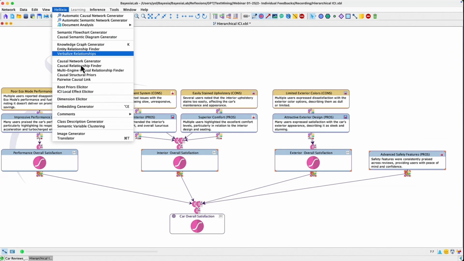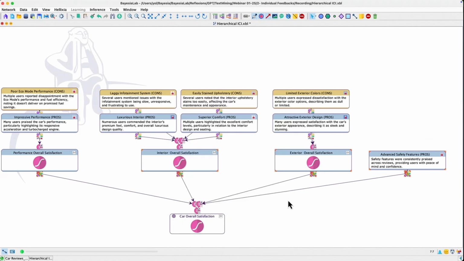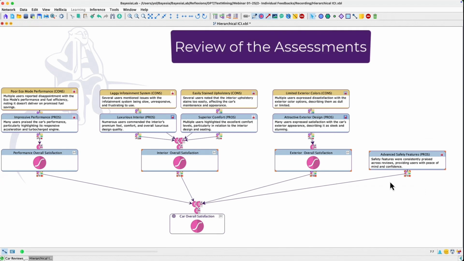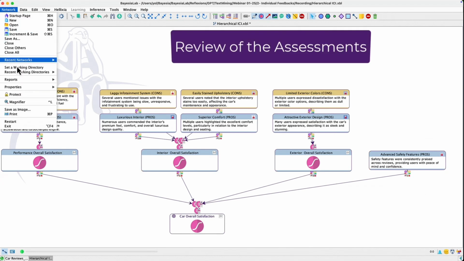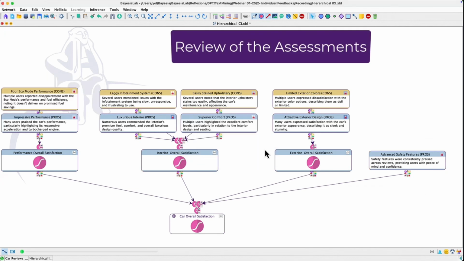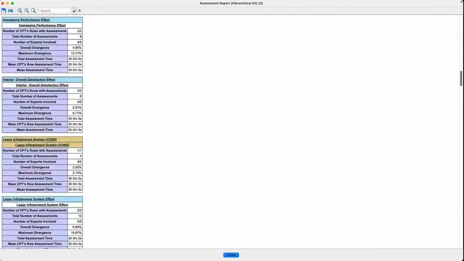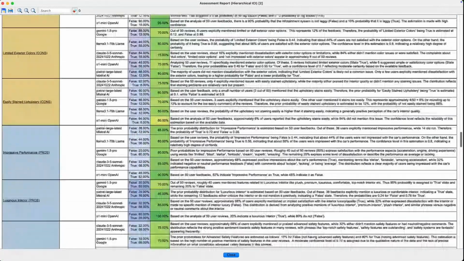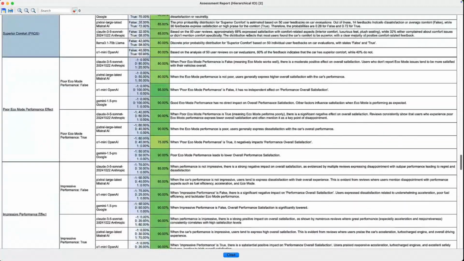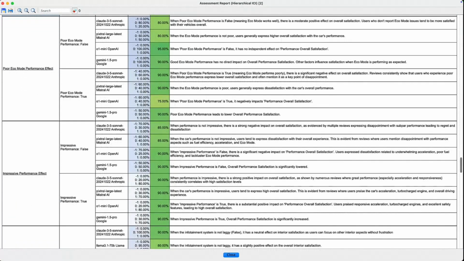And the last step is to estimate this effect of the latent variable plus the advanced safety features. We can review the assessments. We still have the same part with the prior, and we have the analysis for the local effect.